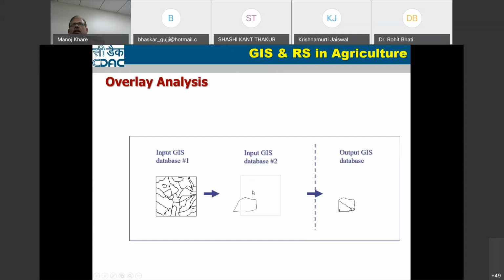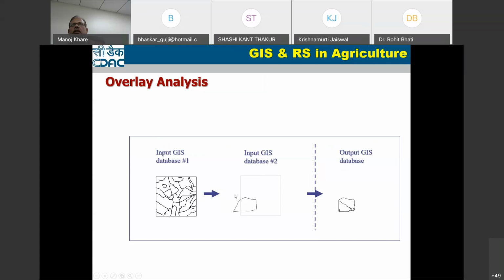Suppose you have a canal, or you have some ponds or a dam. Now say the service area of this particular dam is around 500 meters from this location. You can generate a buffer of 500 meters around that dam, so now you get one layer.